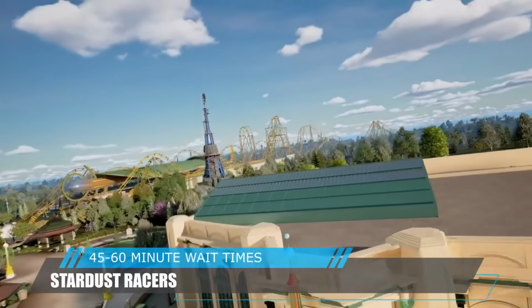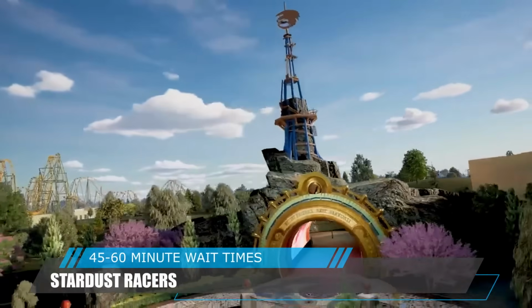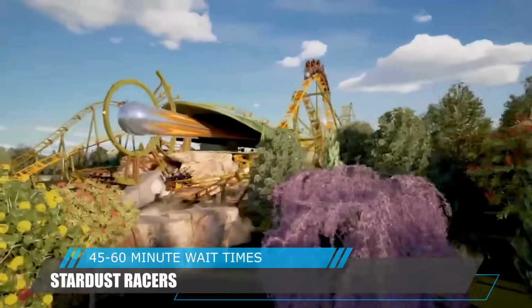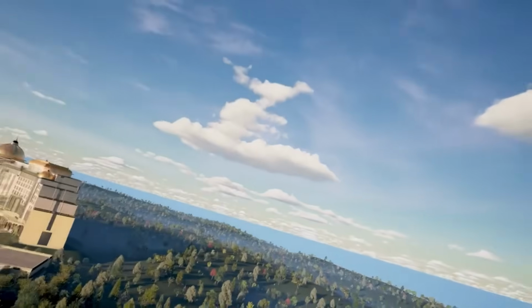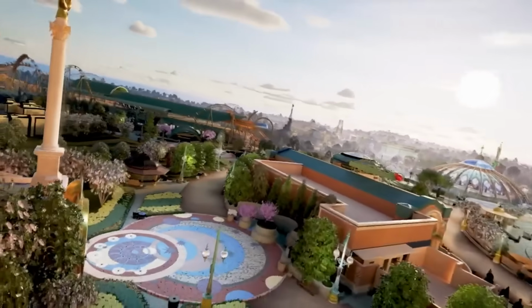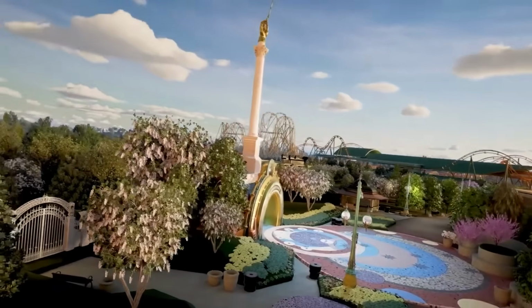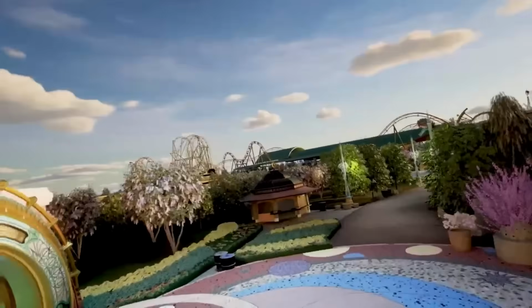The next one on the list is Stardust Racers. This one for sure is going to be popular, but this is your Velocicoaster. This is your Dueling Dragons. This is your high intensity roller coaster, dueling with each other, upside down, corkscrews, loops, everything you could think of, super intense. Goes 60 miles an hour, which is only 10 miles an hour less than Velocicoaster, has multiple launches,